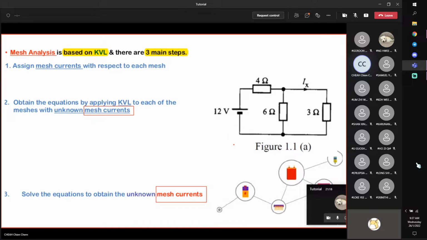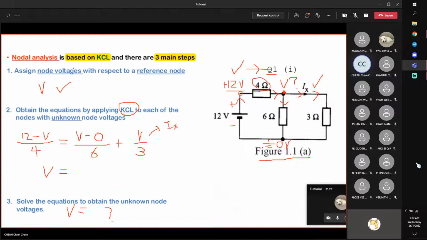Today we move on to a related topic, mesh analysis. Okay, nodal analysis is to find out the